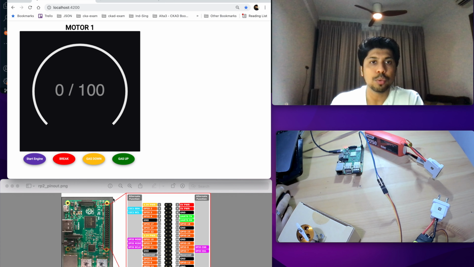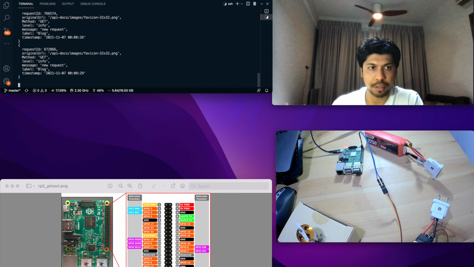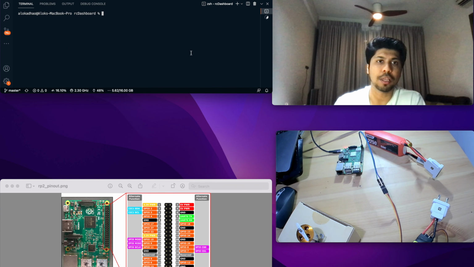To see the server, the server is running behind. So this is the server which is running currently, and we have the Angular application, for which we need to start ng serve.